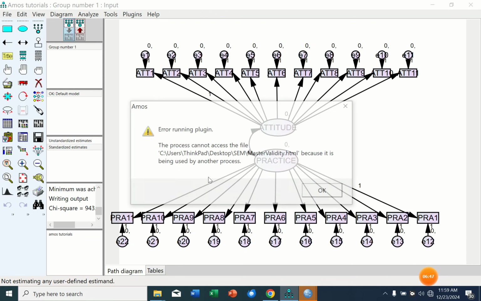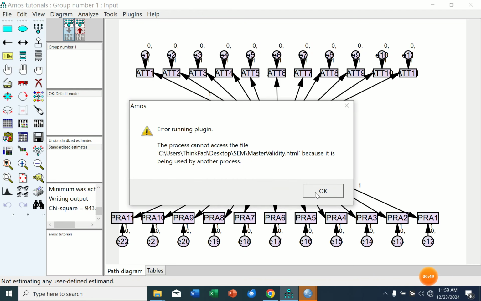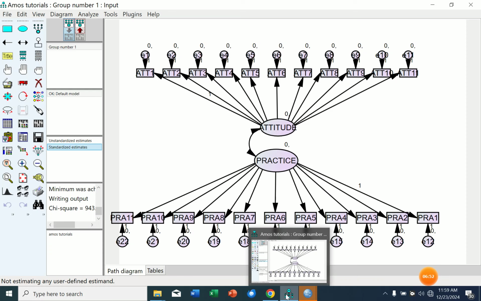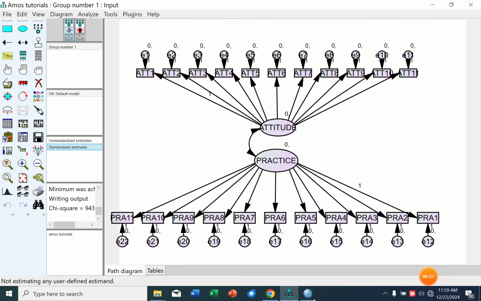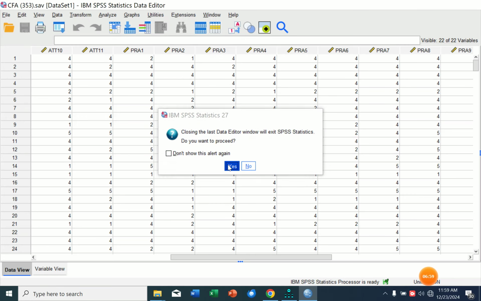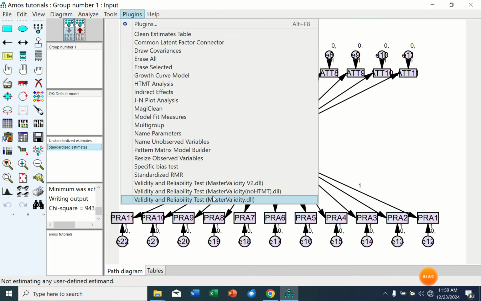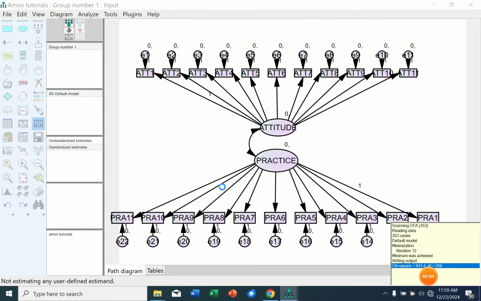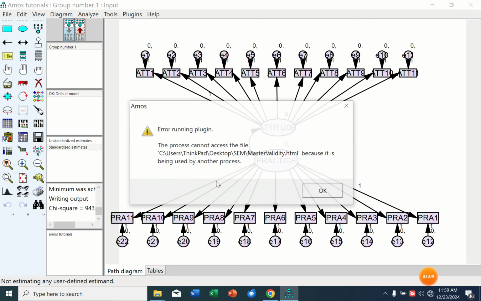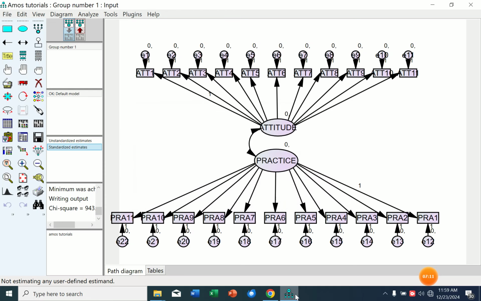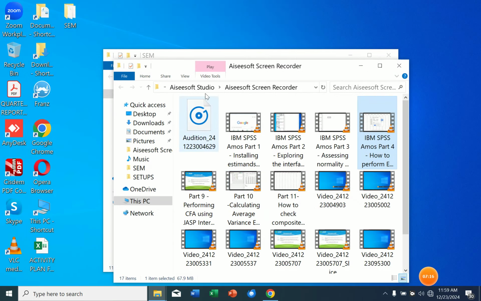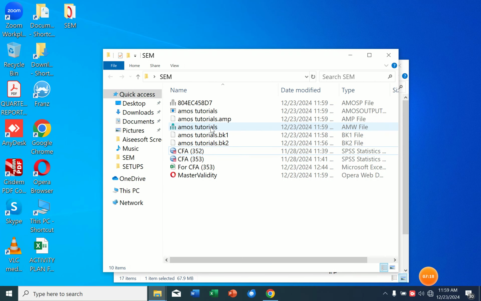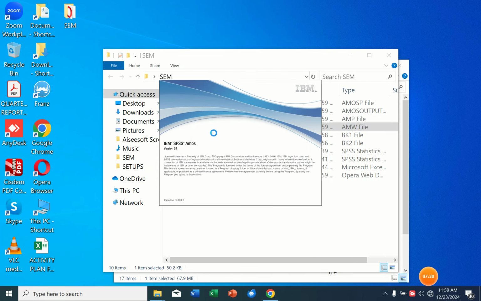And see. The process cannot run because it is being used by another. So this means that we have SPSS opened, so we have to close it. We close SPSS before we can get that. So we rerun again. Let's use this. If we still do not get it, it means that we have another file, another data. So we can start to close it, save, come back to this, open the Amos tutorials file,